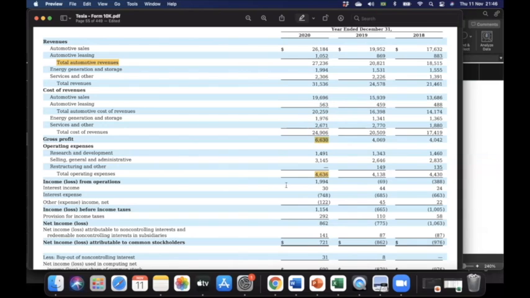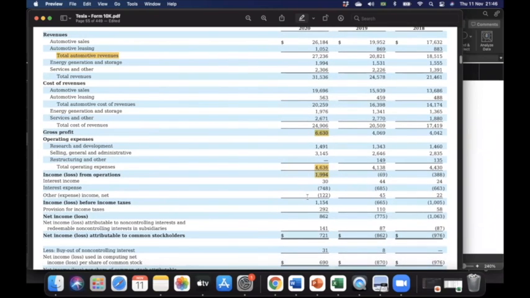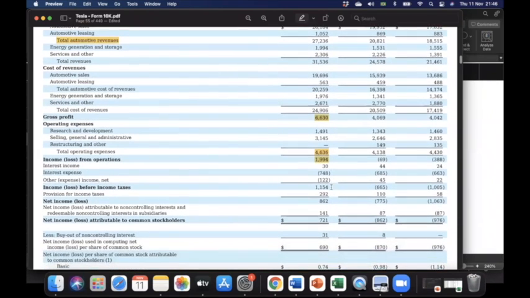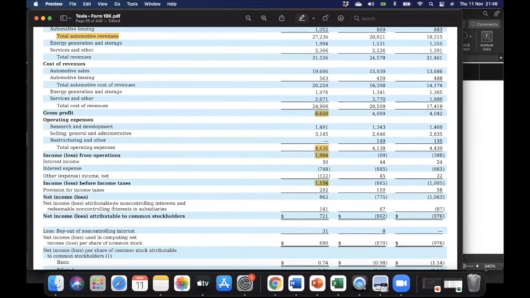And we have an interest income of 1.9, which is also something we would have to look at the notes to understand why they have such a big number here. Maybe it's related to the leasing. And they have the interest expense as well. So the income before income tax, income or loss before income tax, $1.1 billion. Provision for income tax, a provisão por imposto de renda, $292 million, and a net income of